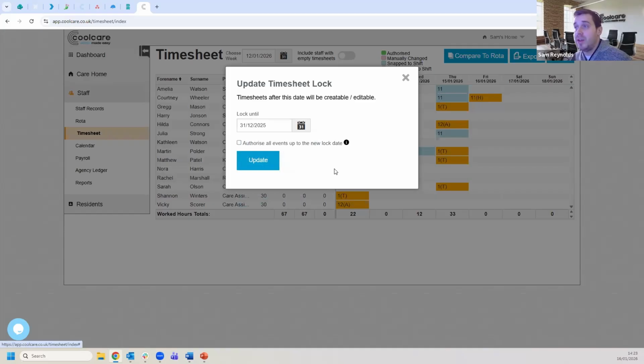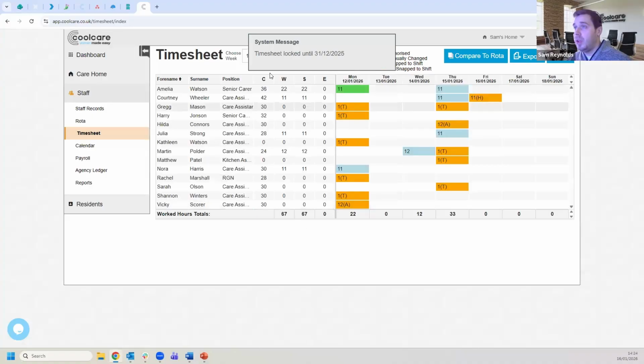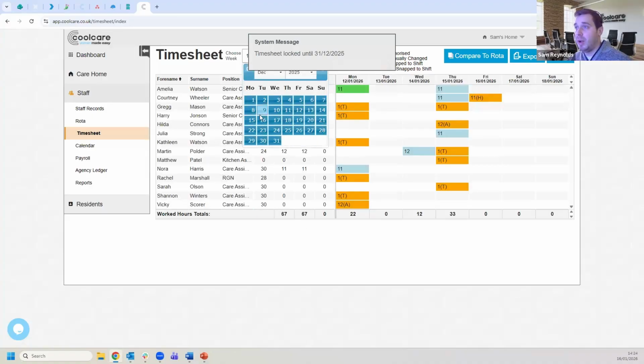I'm just going to do it for the end of December there. And if you've got the option enabled, you can even authorize all the shifts on the timesheet within those dates as well. But the main thing is, once I update that, if I then go back to December on my timesheet here,